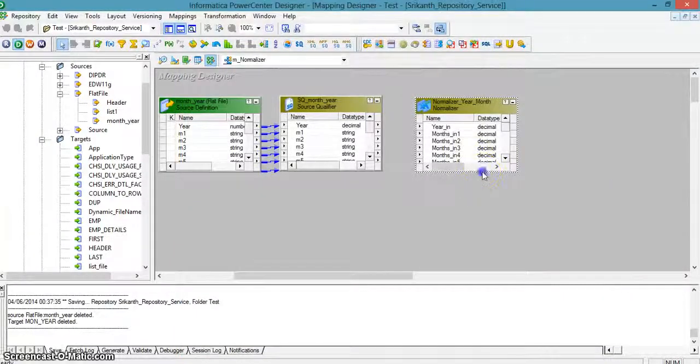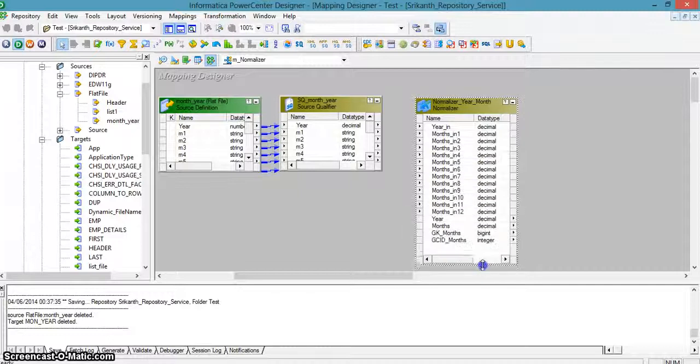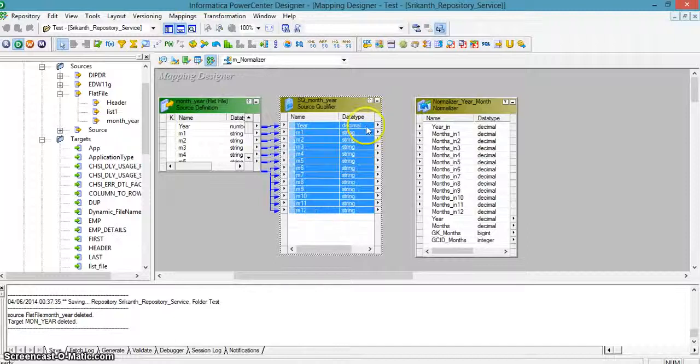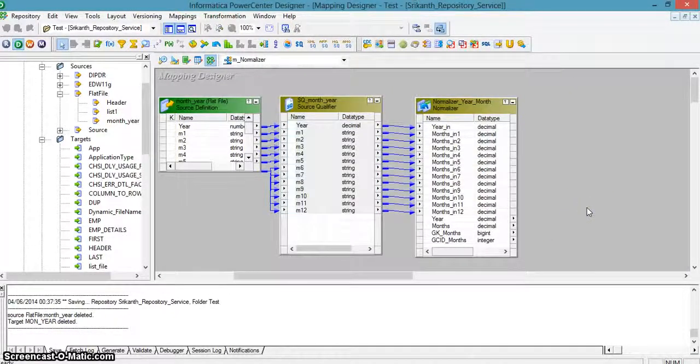Now I am mapping all input ports to this normalizer transformation, from year and month to all these 12. Here we could take an expression transformation to give user defined names for the respective month values, for example in month 1 we can have a Jan field.